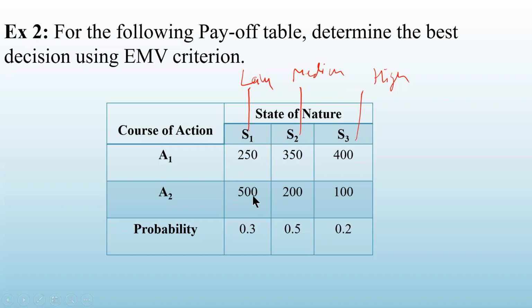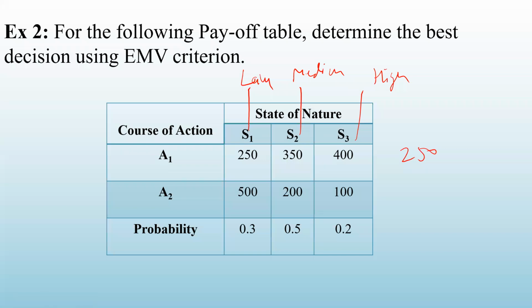See, if the demand is low, then look at in this column where I'm getting the maximum profit, 500. यानी अगर मैंने कोर्स ऑफ एक्शन A2 को सेलेक्ट किया होता तो I would have got the profit of 500. Suppose I have selected wrong A1, तो मुझे लॉस होगा. कितना लॉस होगा? 500 minus 250. So that loss, what is 500 minus 250? That is 250. So that loss is the regret for this particular state of nature and this course of action. It's because I have not selected the best action. I have a regret. Regret means I have a loss.